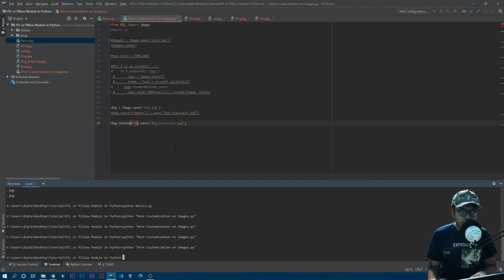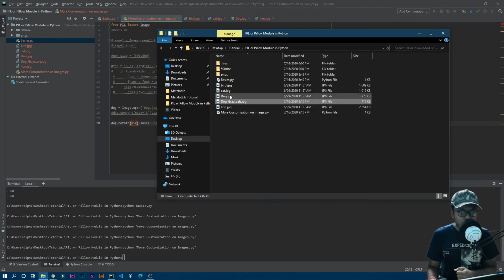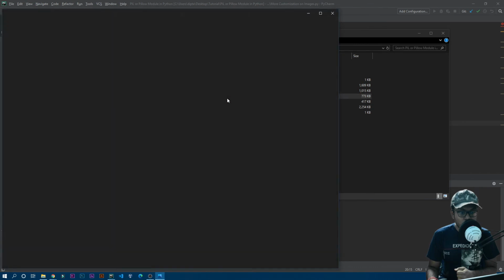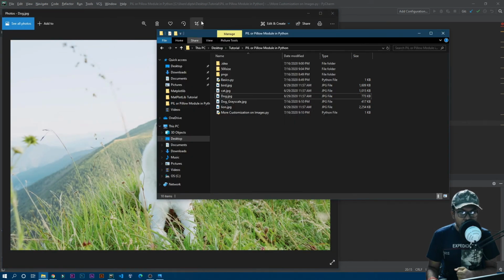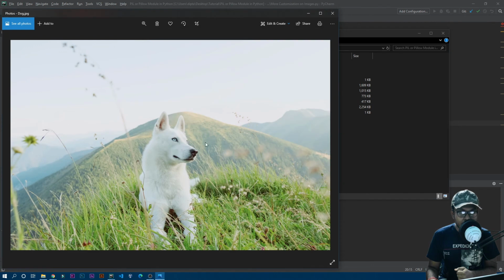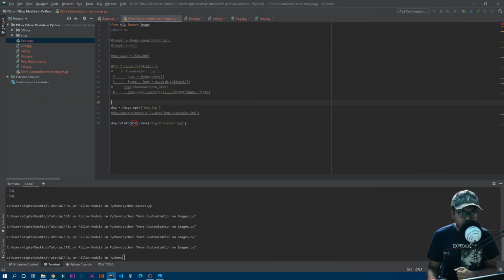Okay, and now let's see how to make a blurry effect on that image. So we have this dog.jpg, right? And now assume we want to make some blurry effect on this particular image. For that you obviously need one more import, so I'll quickly import that as well.